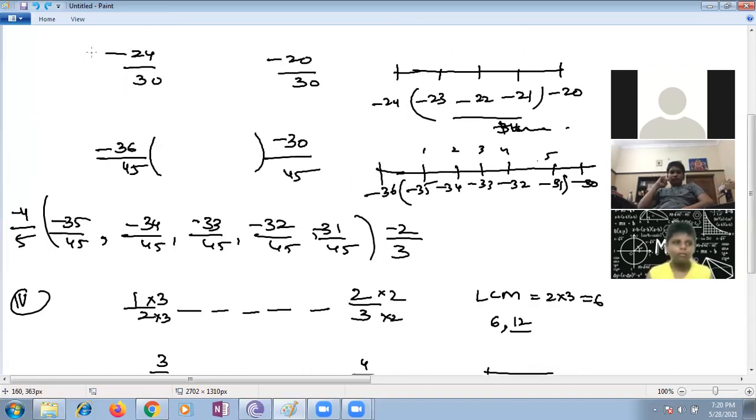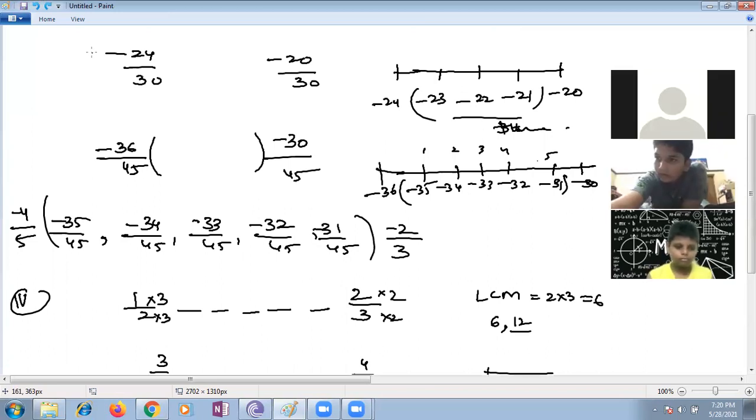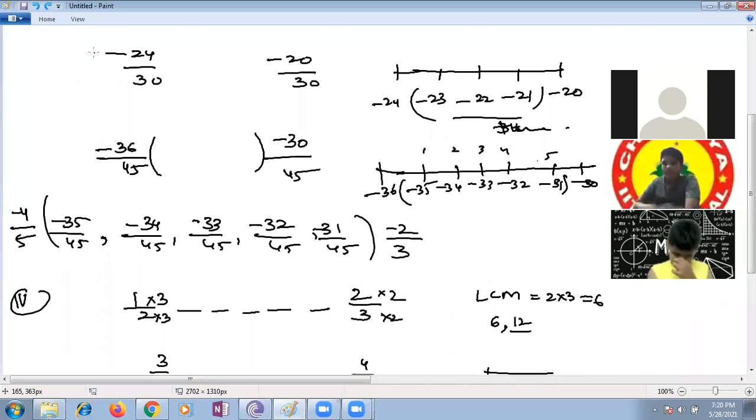Yes, ma'am. We need a total of 5 rational numbers. We should add one to it and take it as 6. So we should multiply minus 12 by 15 into 6 by 6, and 12 sixes are 72, so it is minus 72 by 90. And minus 10 by 15 into 6 by 6 is nothing but minus 60 by 90. Exactly.